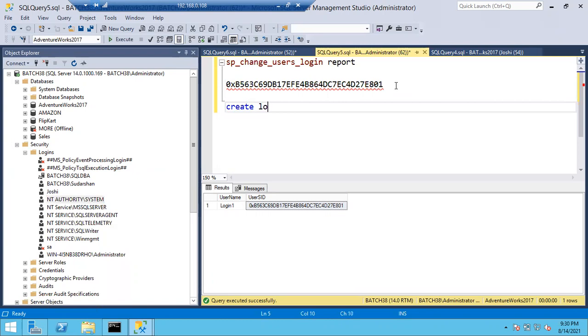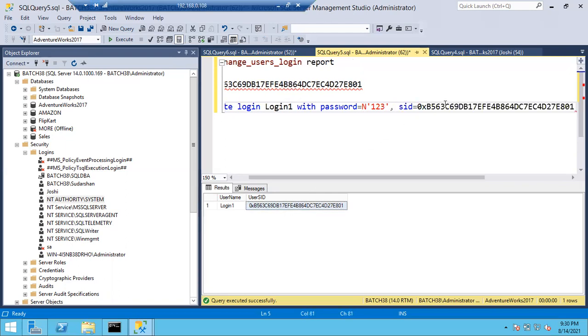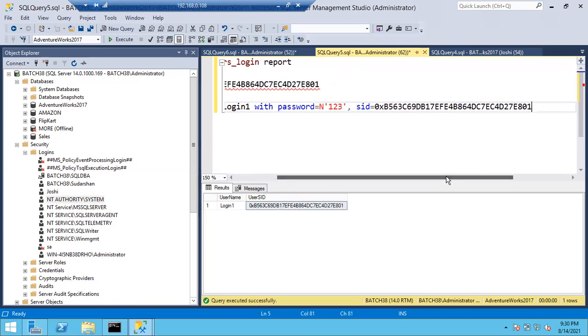Create login, login name is login one, with password equal to 123, comma SID equal to, Control C, Control V. So I'm creating the new login with the same user SID.